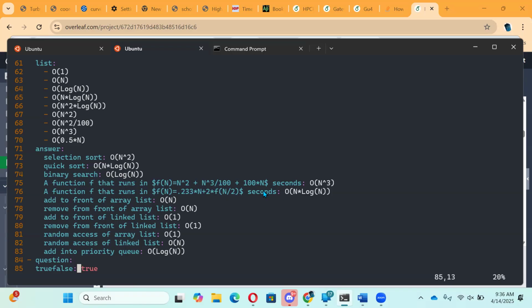But in this case, what we want is the dominant behavior of the method, right? So n squared and n cubed is going to dominate. Then if we've got 0.233 times n plus 2 times f of n over 2, if we've got that as our function of time, then we know it's n log n, because that matches the pattern that we've seen before with